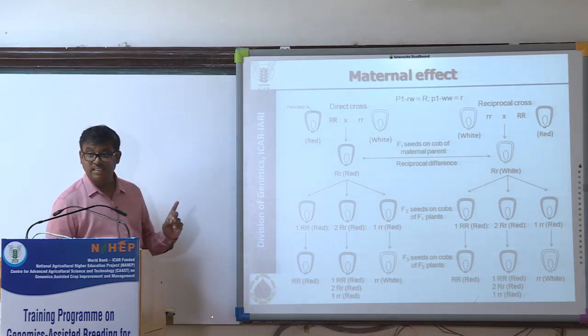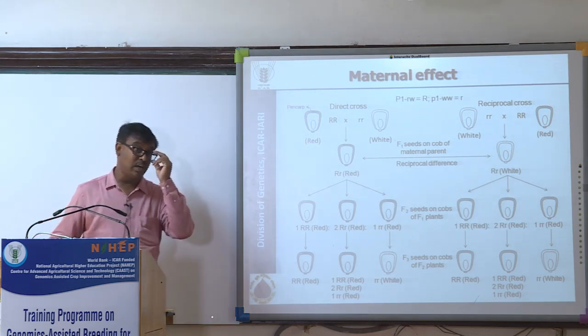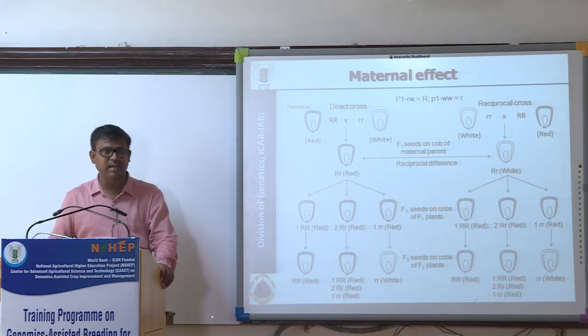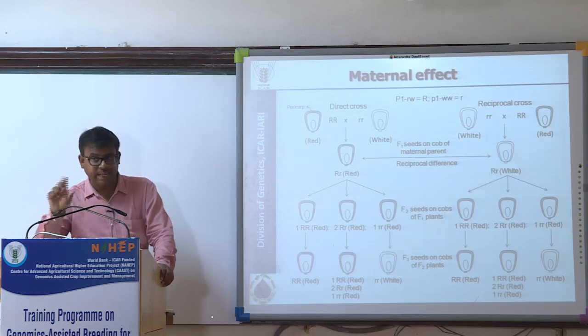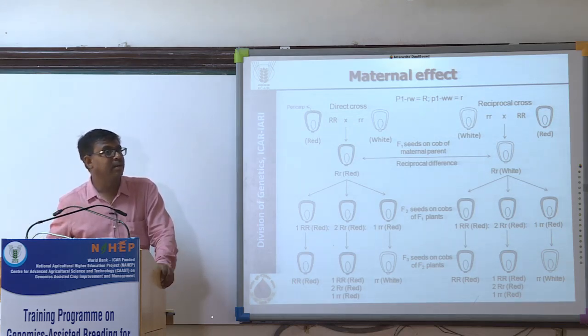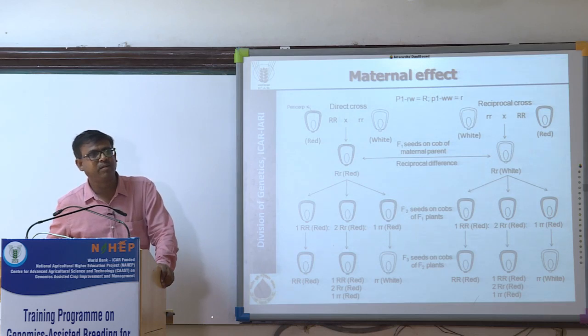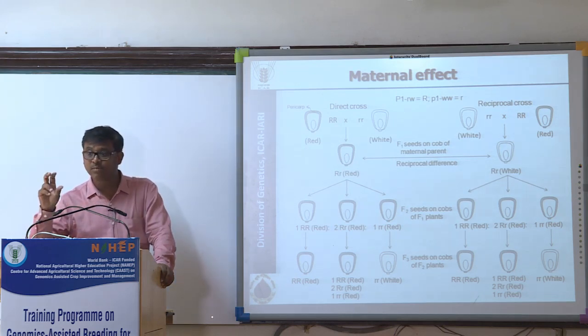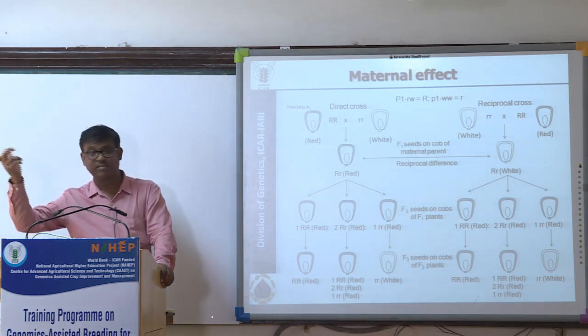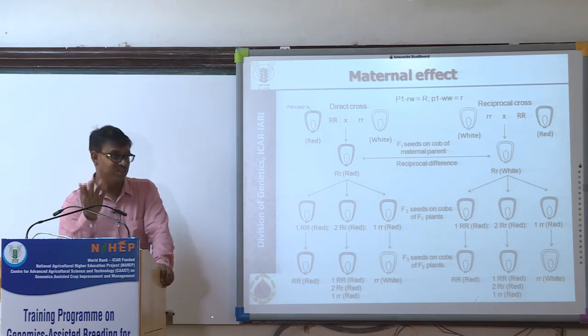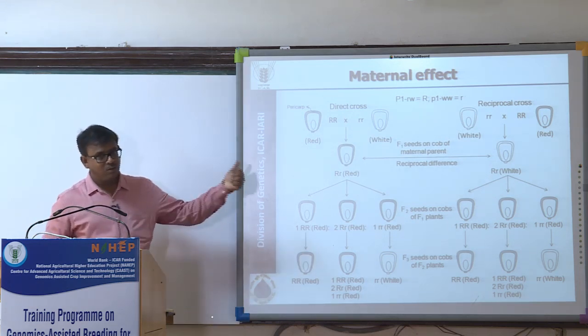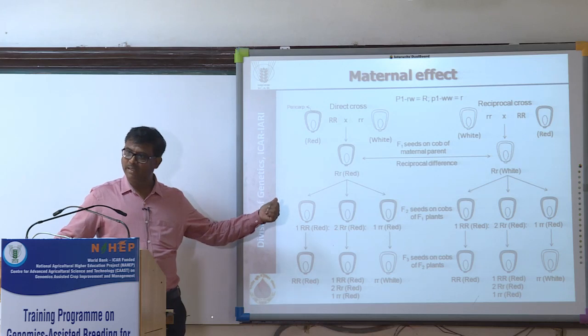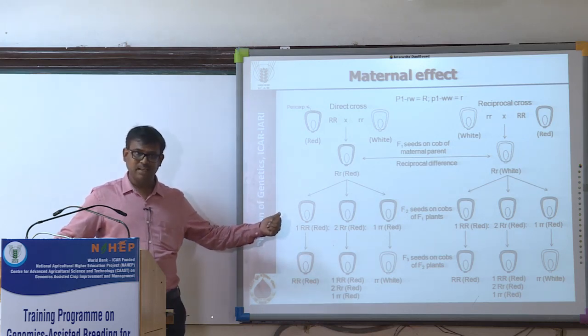So, we all know in genetics there are two terms which are very related, name-wise. One is called maternal inheritance. Any trait which is governed by cytoplasmic genes is called maternal inheritance. Another is maternal effect, where the coiling of the snail example is always given, dextral versus sinistral. So, maternal effect can be explained by the seed coat color easily in maize, because